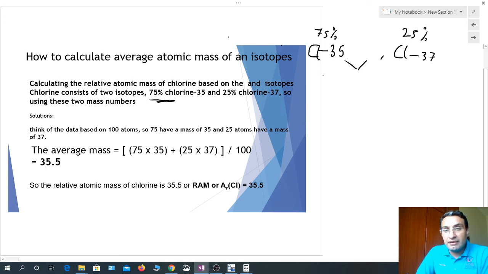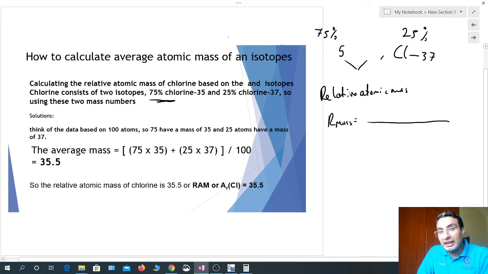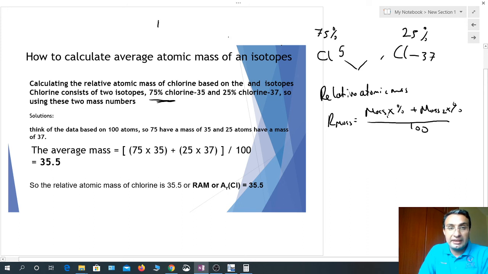In such cases, we are going to take the relative atomic mass. What is relative atomic mass? It can be calculated like this: the mass of the first isotope multiplied by its percentage, meaning abundance, plus the mass of the second isotope multiplied by its percentage, divided by 100. We may think like this: if there are 100 molecules,